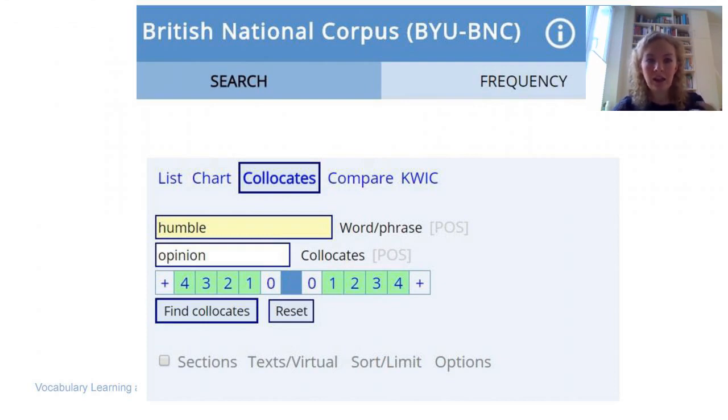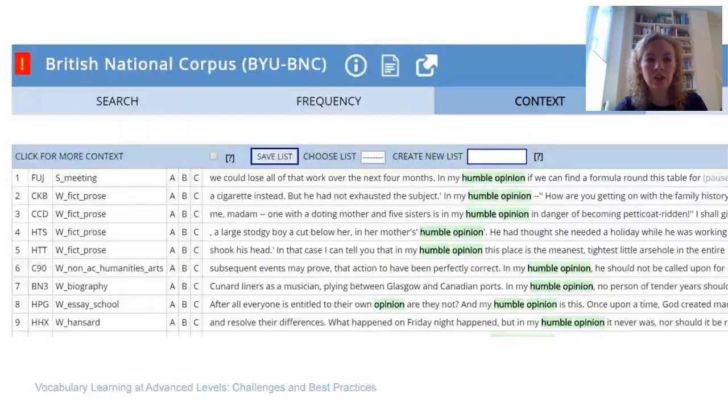And then you click on the context and you see some examples of this collocation. We knew that exists, so we're quite sure, but let's look at the examples. First of all, if you look at the left column with this S meeting W, fict, prose, and so on, you see the areas of use of this word. So you see fict, prose, fiction, prose. So we can think, aha, so this collocation is very often used in fiction literature, not so much in spoken